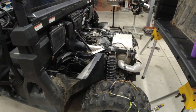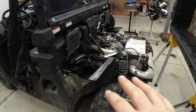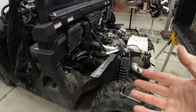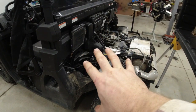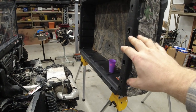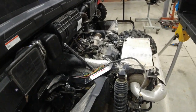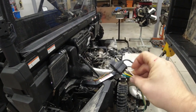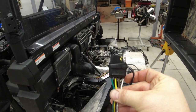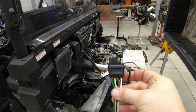So the easiest way, this is where people seem to get confused a lot. What we're going to do to make the thought process simple, consider this to be your truck. Think of this as a trailer. So all of our wiring, this is now going to be our wiring to the bed, in essence. Now we're still going to leave this plug on it, and he should be able to use this to hook up a trailer if he needs to,